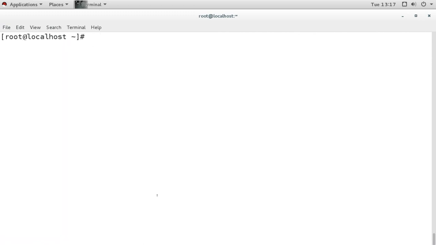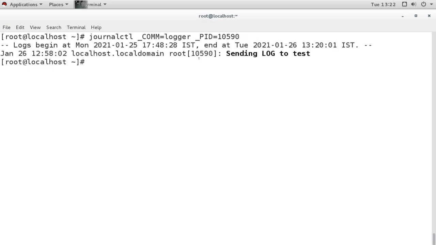So I have some question. If we want to see some log based on these tags like command tag or PID tag, then we can do this. This is just to search. So when I run this command and press enter, we can see that log here. It is just showing the log.